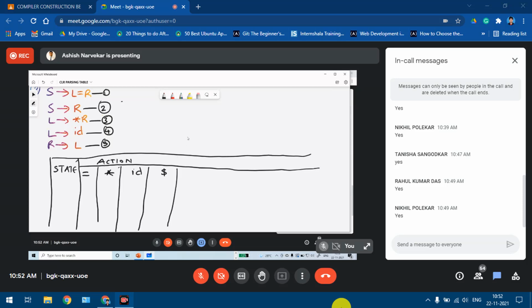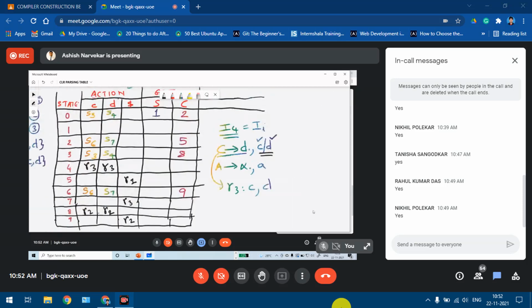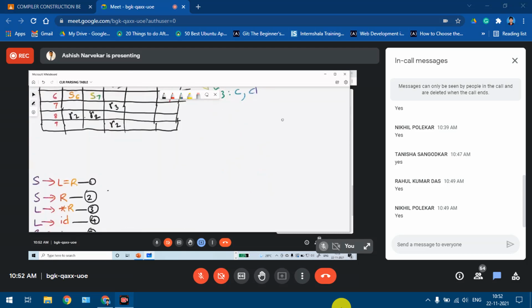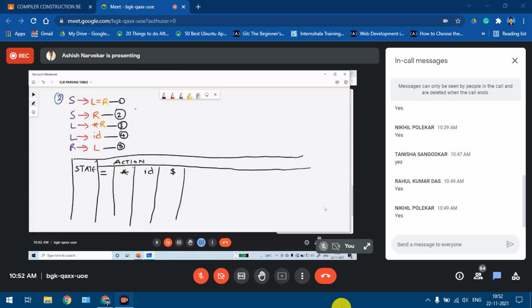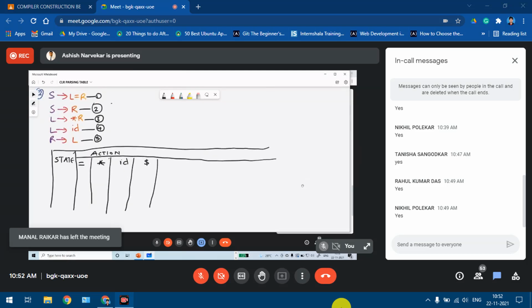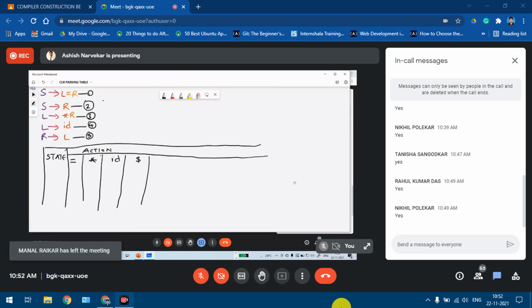In the earlier one, just one thing we missed out. You all also didn't tell me. Under dollar in row number 1, we need to write accept. Then next is the goto part. So in goto we have S, L, and R as the 3 non-terminals in the given grammar.